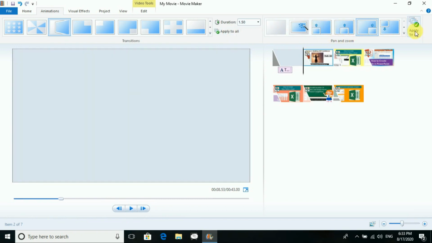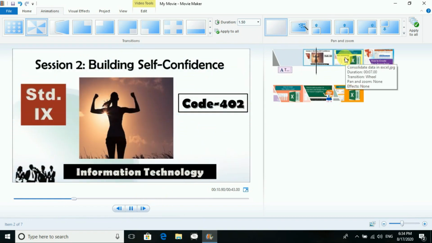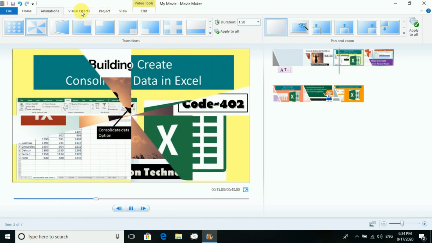If you want to apply it, fine. If you don't want to apply, you can go for none and apply to all. Now I will go for this effect. You can go separately for the pictures as you want. If you don't want to waste time, then you can go for apply to all also.